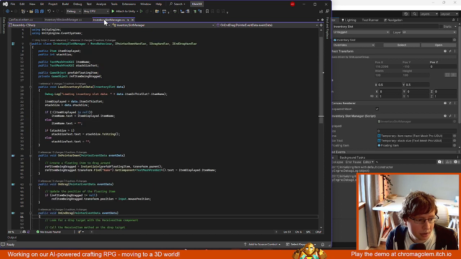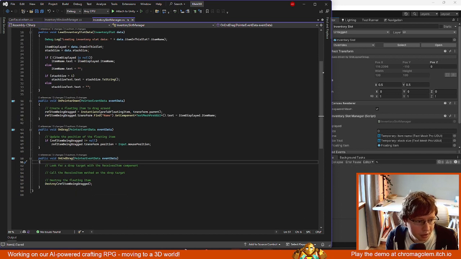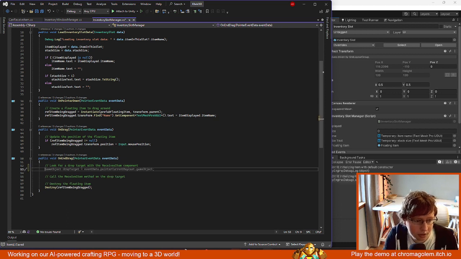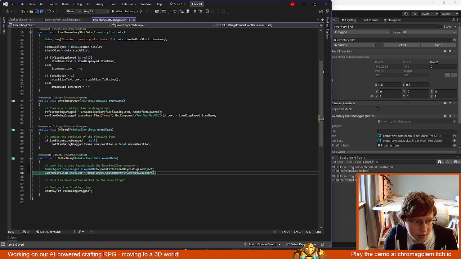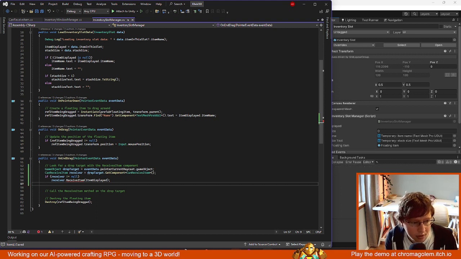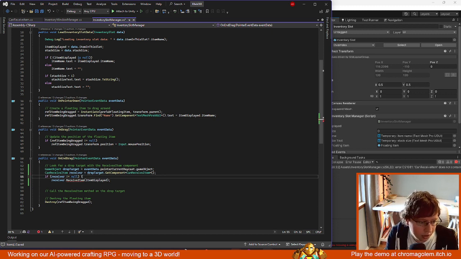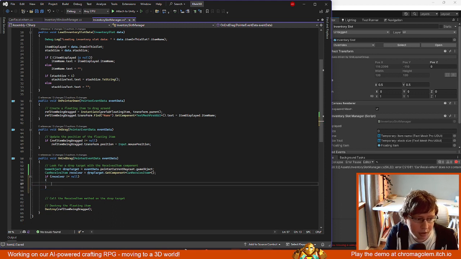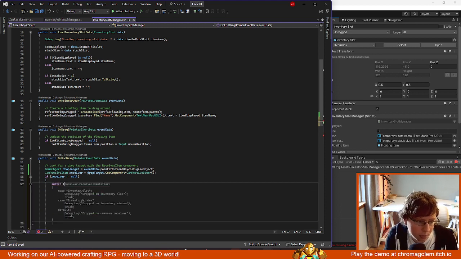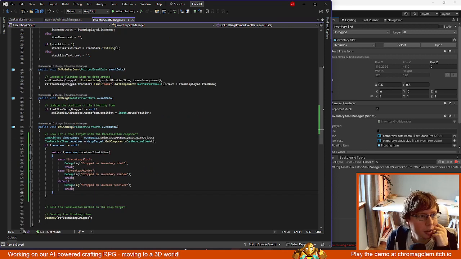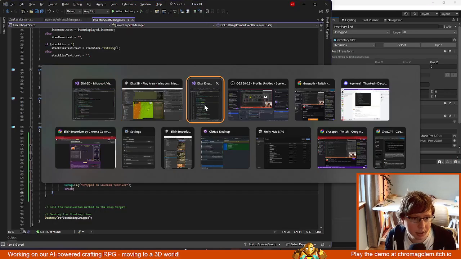And then what we could do, I'm just going to write this out and see if it works or if I like it. We're going to raycast here, see if we get a can receive object or can receive item script on whatever we're dragging onto. If we do, then we can, do we want to do something like this, which is kind of the same format of what we were doing here,